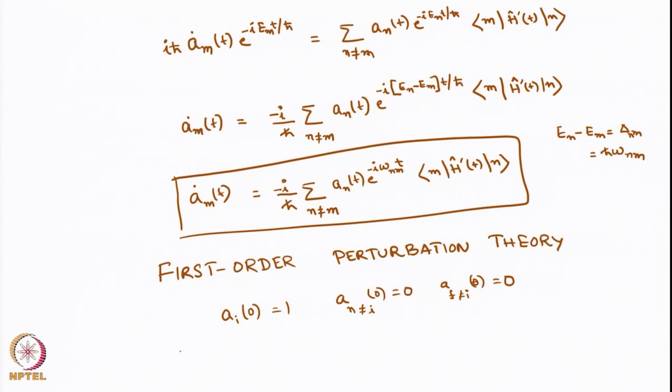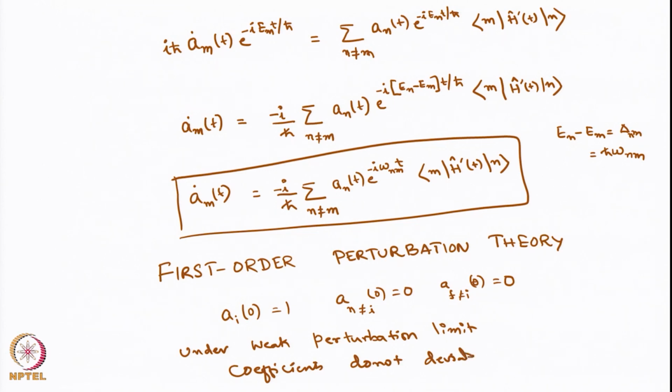So what we say is that under the weak perturbation limit, the coefficients do not deviate from their original values. Okay. If such is the case, then